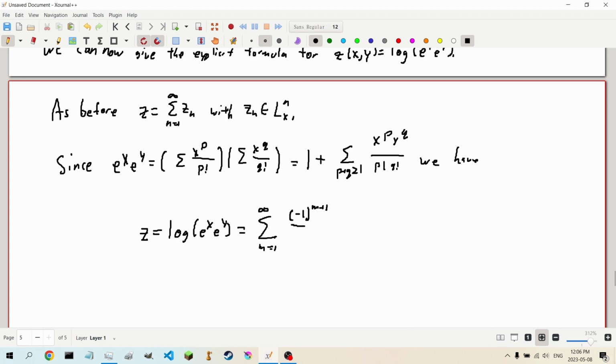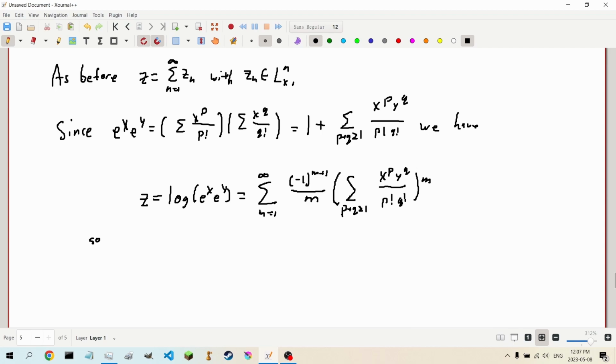This is just plugging our previous result into the power series representation of log of 1 plus x. Once again, this is our result from before of x to the p, y to the q over p factorial, q factorial, to the power of m,